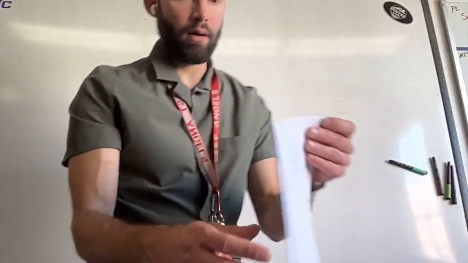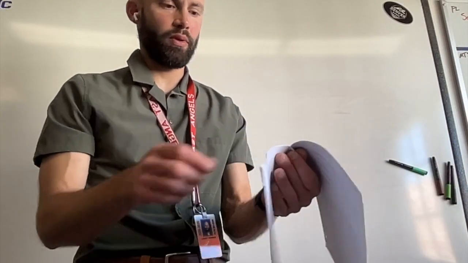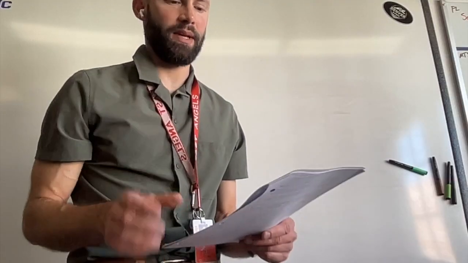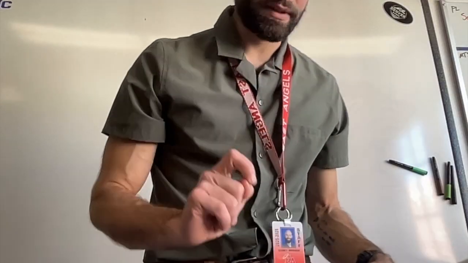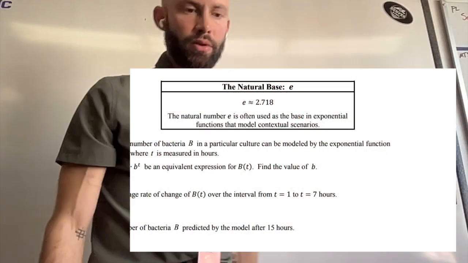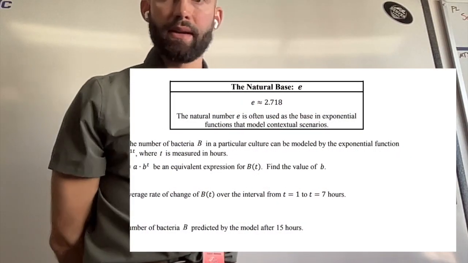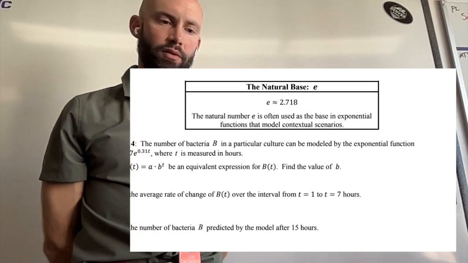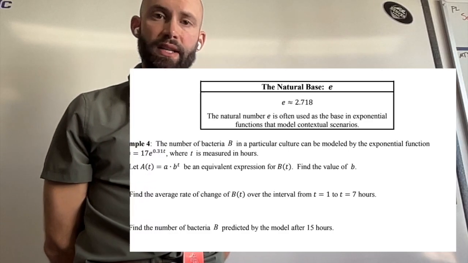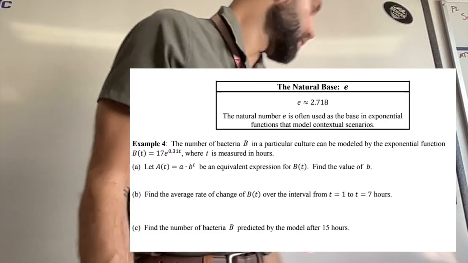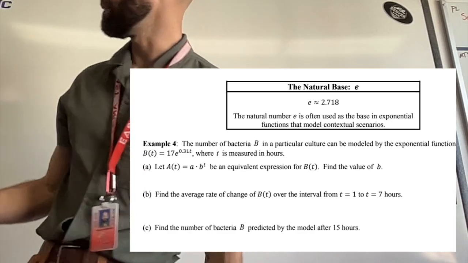All right, we are now on to lesson 2.5, part 2. I want to make sure that I go over examples 4 and 5. Starting with number 4, it's going to introduce the natural base, which is often represented with the letter E, the same way that pi is represented by the pi symbol,